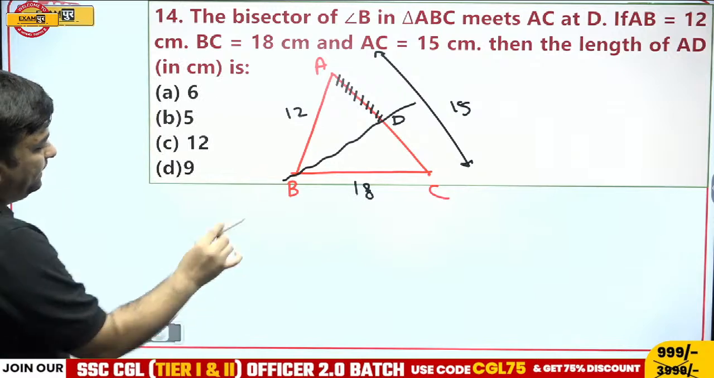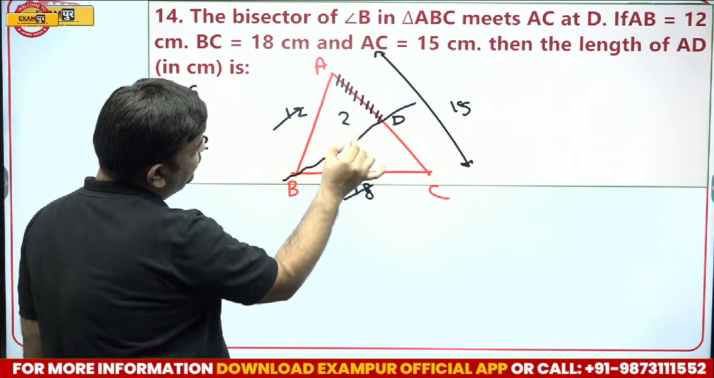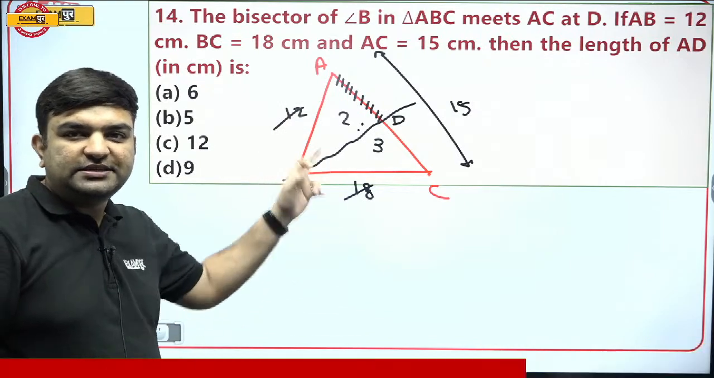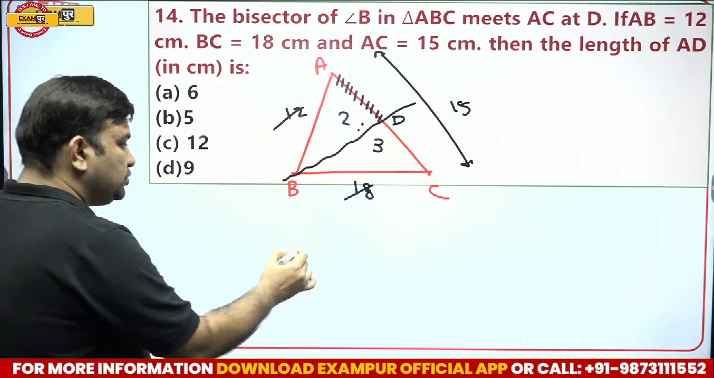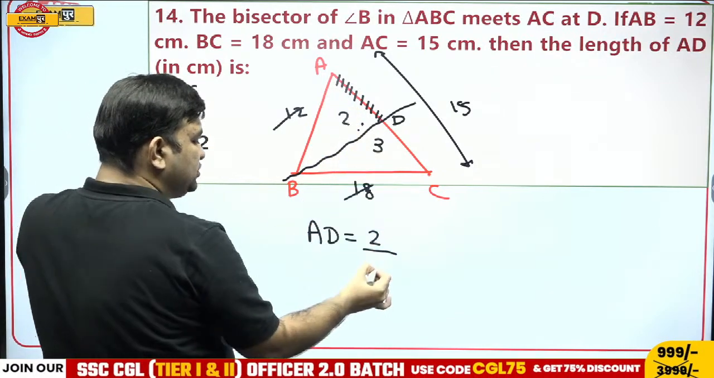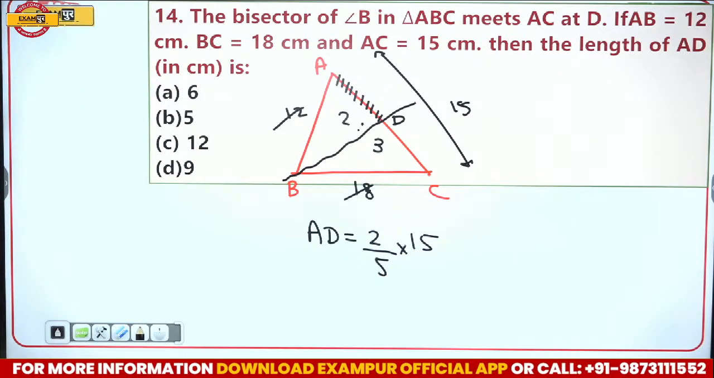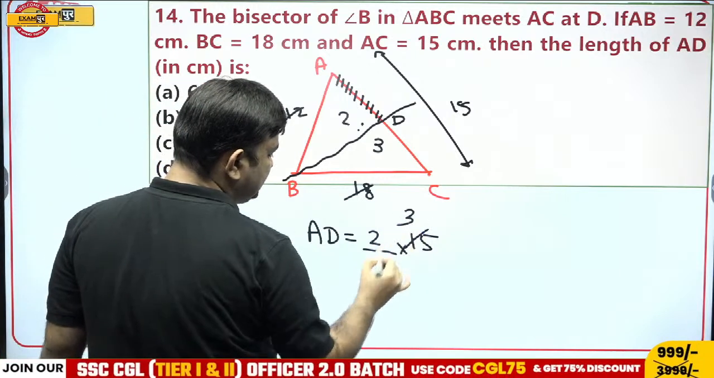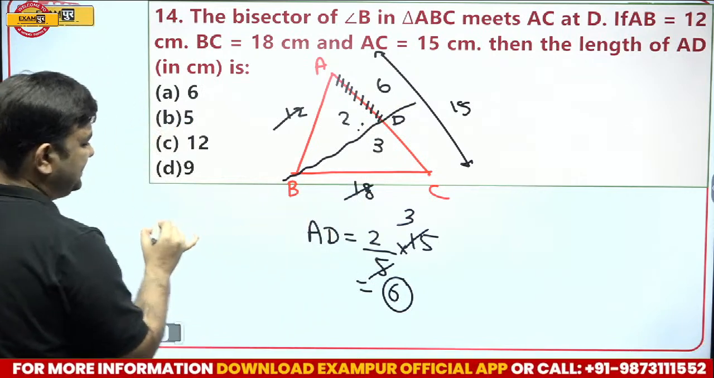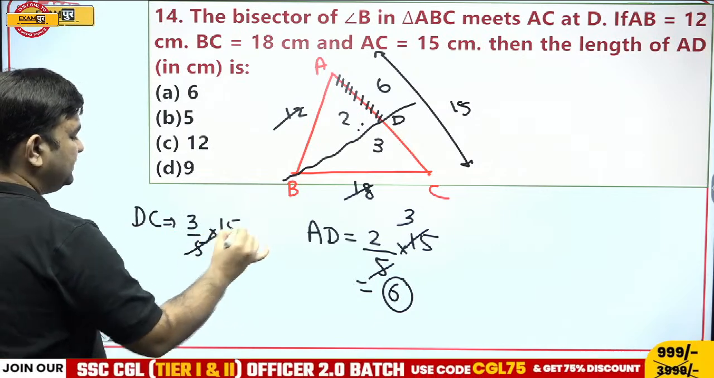So this division would be in the ratio 2:3, because they are maintaining 2:3. So the AD portion is 2 and the total according to the ratio is 5. So 2/5 of the total is 6. And DC would be 3/5 of the total, which is